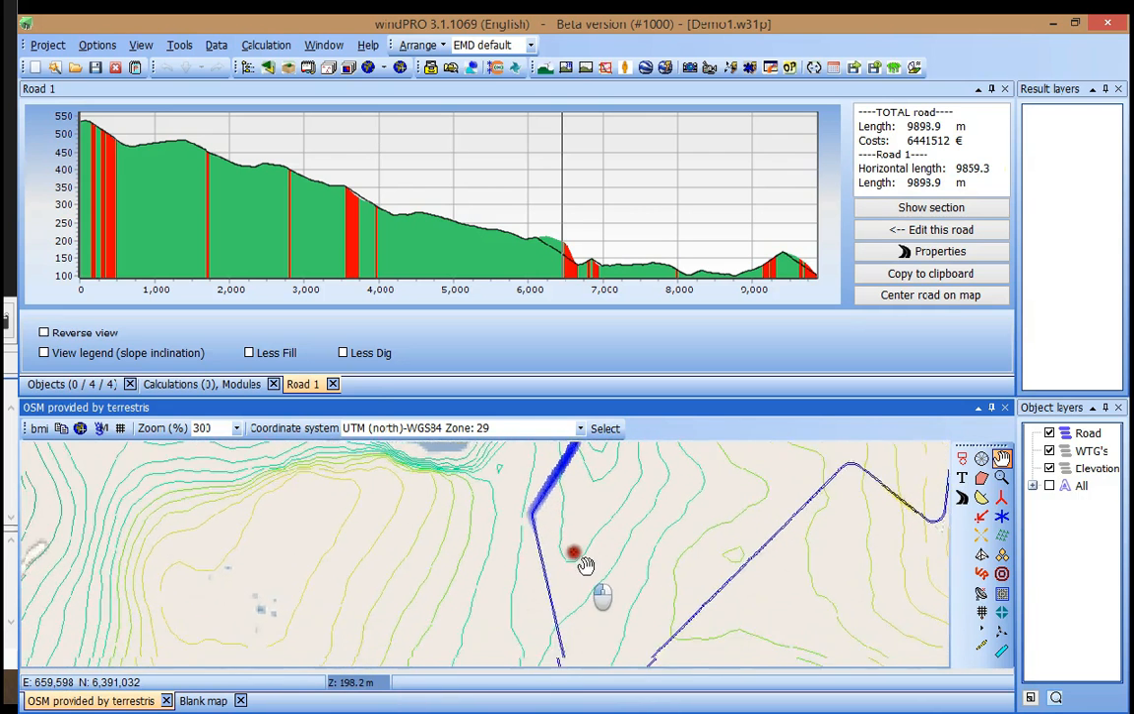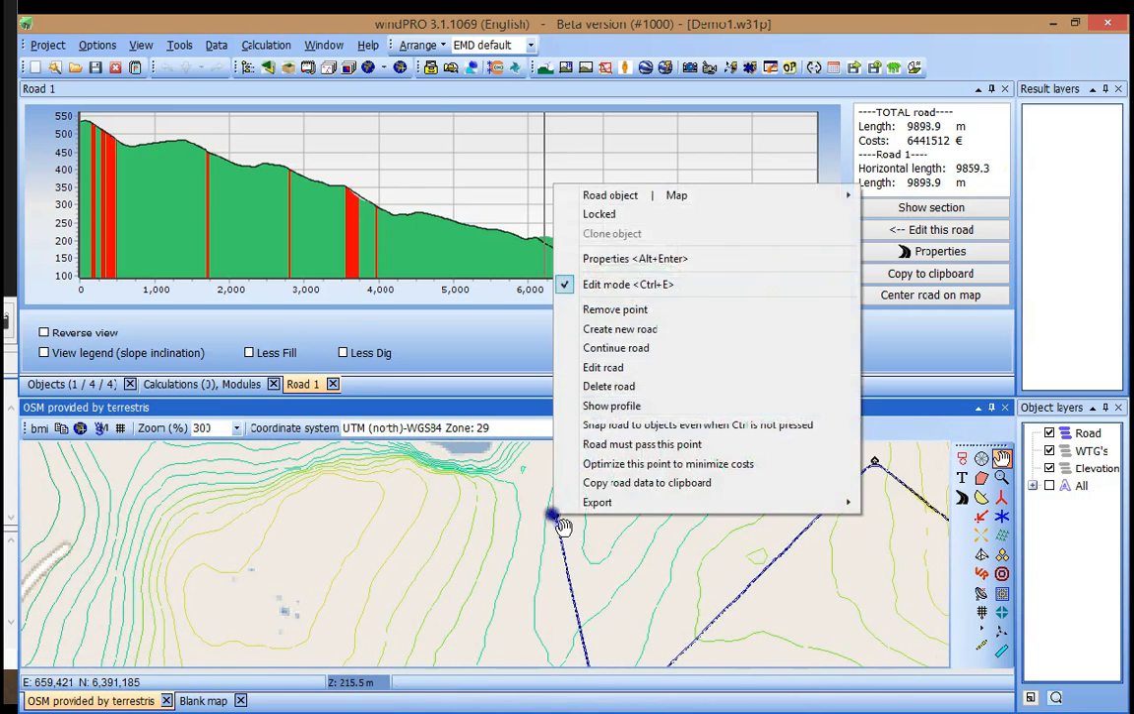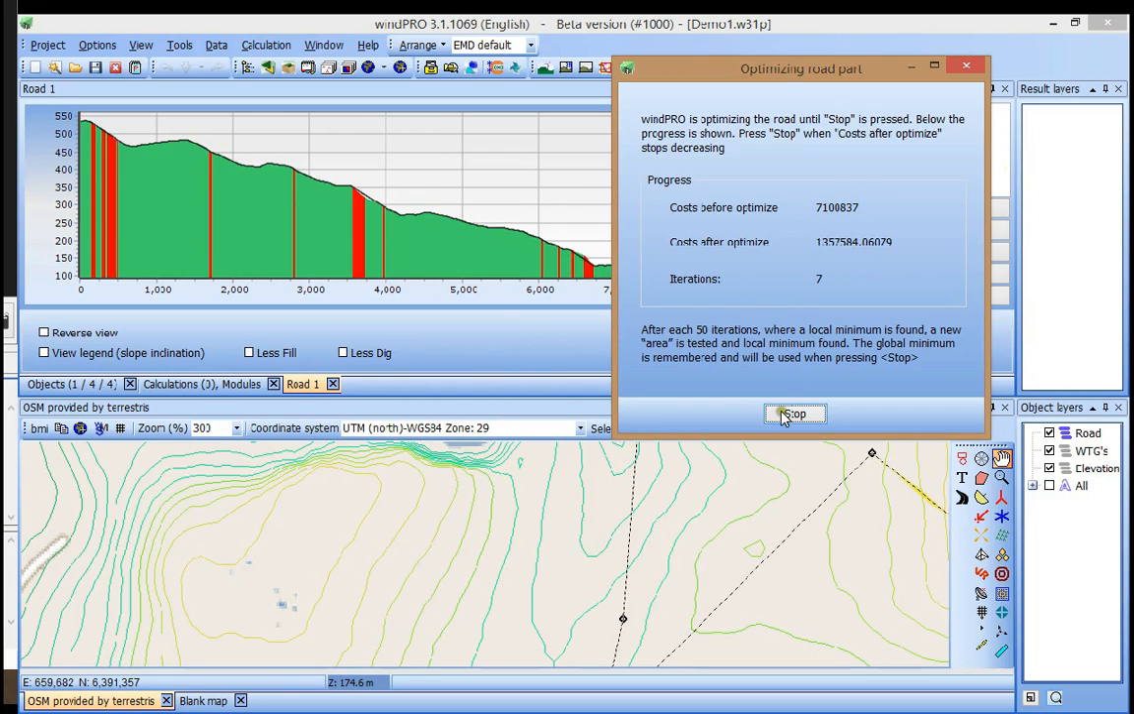And one of the ways you can do it here in windPRO is you can click on a point here and you can say optimize this point to minimize costs. windPRO would start moving around this point and try to find a position that has less costs than the original position. So you can see the cost before and the costs after optimization, and you can press stop when you think that